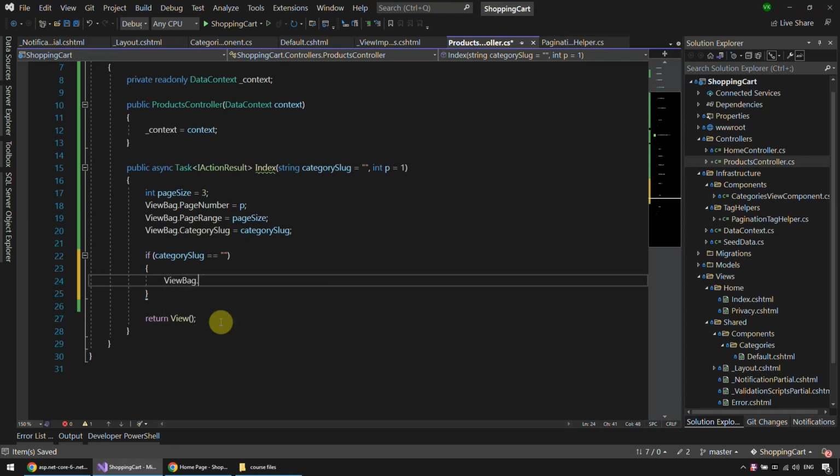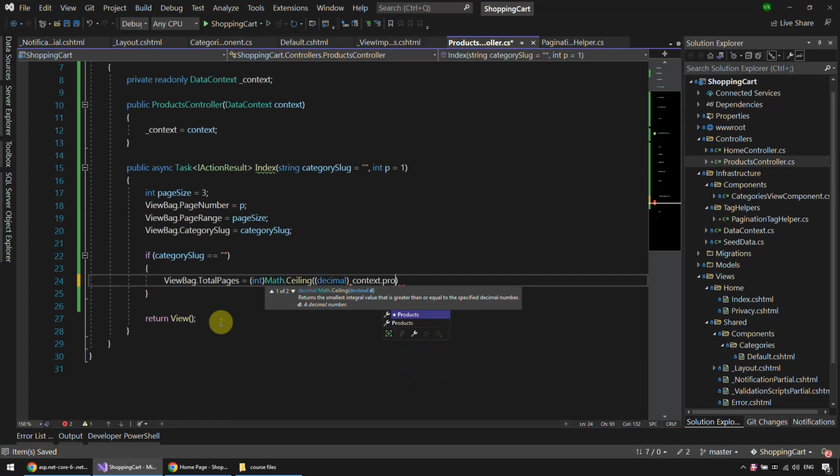I'm gonna say ViewBag.TotalPages, so I need that for the tag helper as well, pagination, and cast to int Math.Ceiling, and decimal, and this is gonna be context.Products.Count, so count all products and divided by pageSize. Okay,